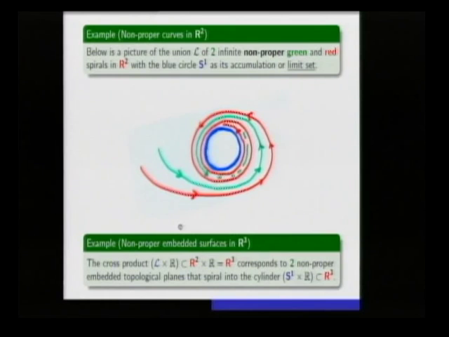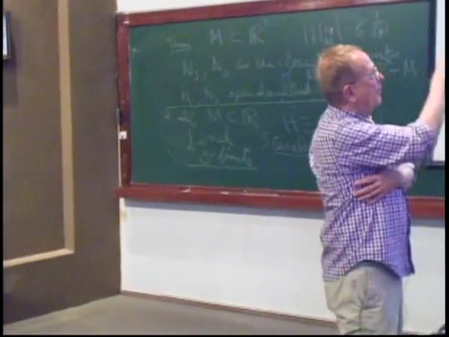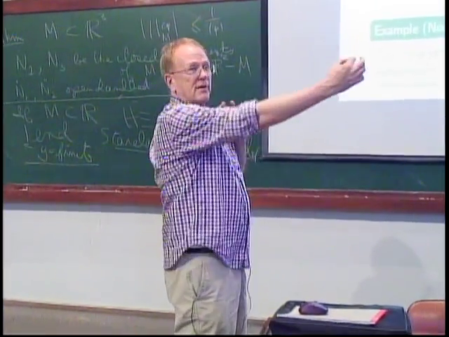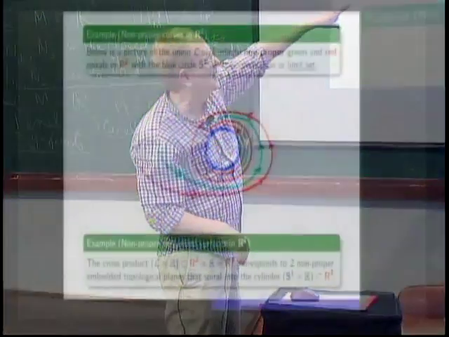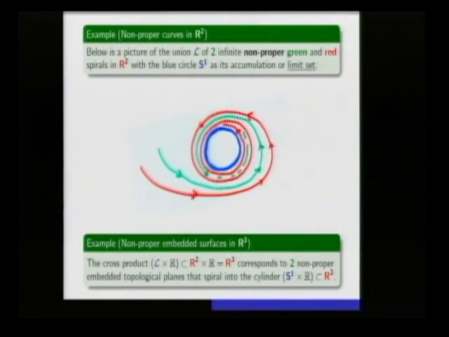And here's the picture for a not proper curve in the plane. So think of the blue circle. That's nice and proper. It's compact. But we have these spiraling red curves and green curves which spiral into the blue curve. So as metric spaces, that red curve, think it's an infinite curve, is just the real number line, right? I'm mapping it into the plane, but it's certainly not proper. Because I can take a sequence of those red points, and they don't converge on the real number line. They go to infinity on the real number line, but they do converge to a point on the blue circle, right?